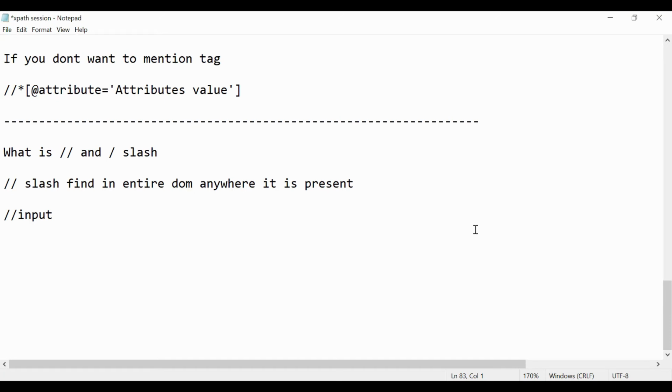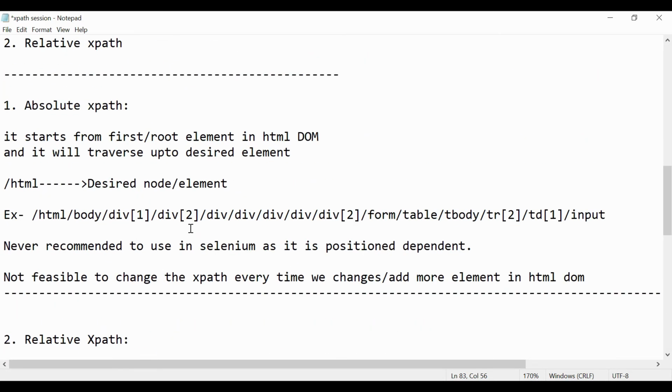Let us go and see what is single slash. Single slash is used to go to the immediate node, or element, after the current node. In absolute XPath, as you can see, it has used only single slash.